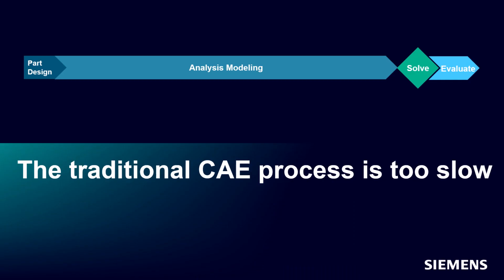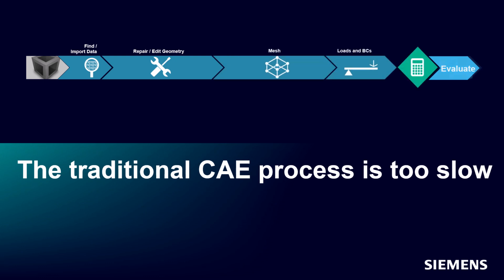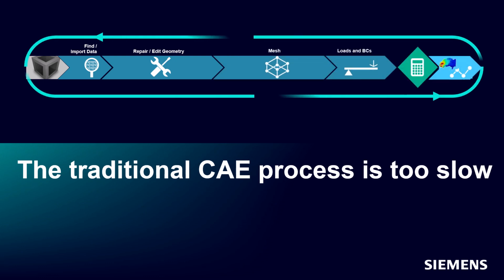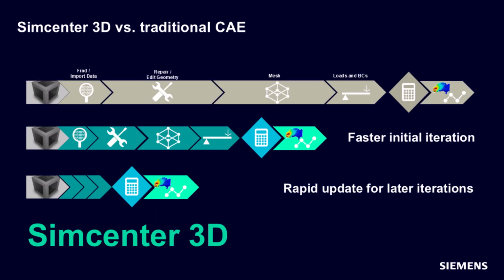As I mentioned before, simulation in general is often cited as a bottleneck in the overall development process. This is because analysts need to essentially remodel the part for simulation. This can take up to 80% of an analyst's time and often needs to be repeated to simulate further design changes or variations. Simcenter 3D tightly integrates geometry and multidiscipline simulation to eliminate the simulation bottleneck, as it simplifies workflows